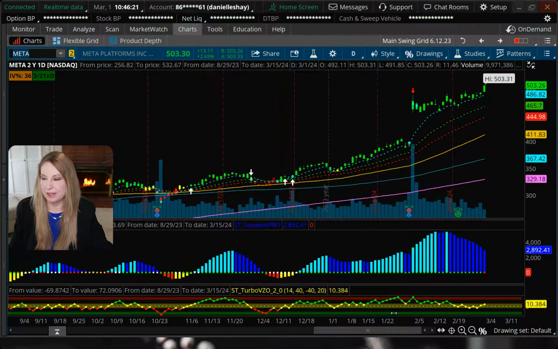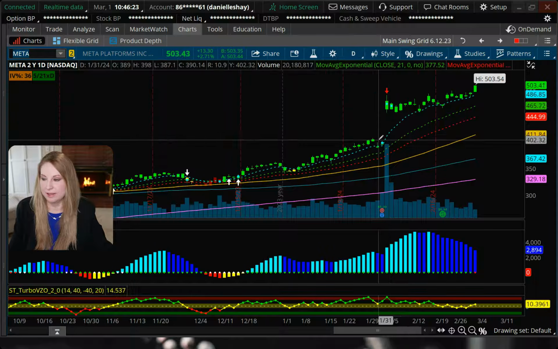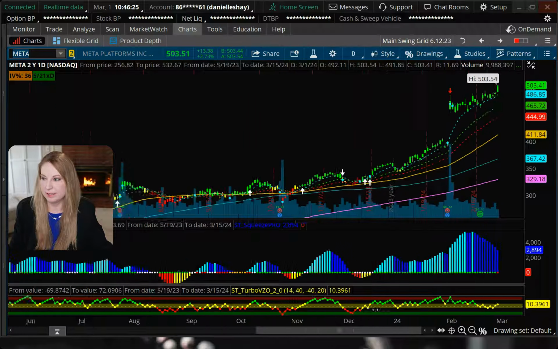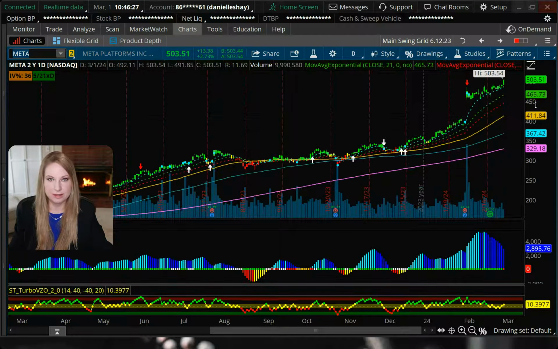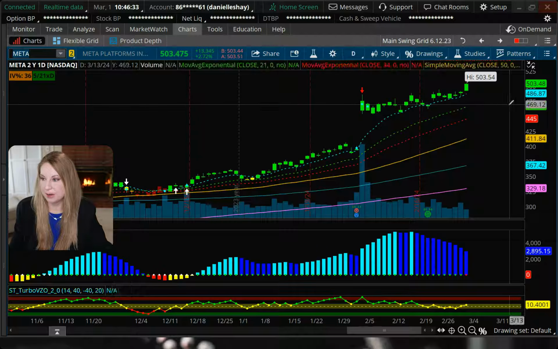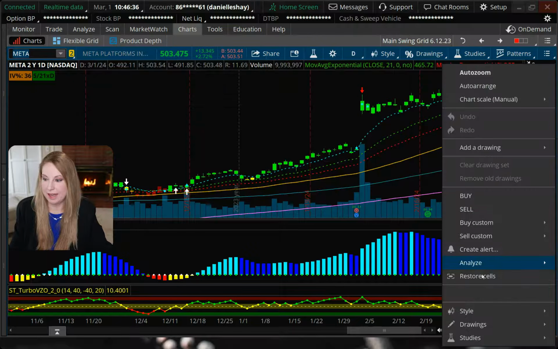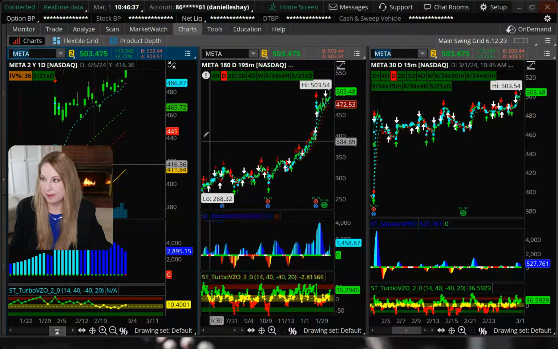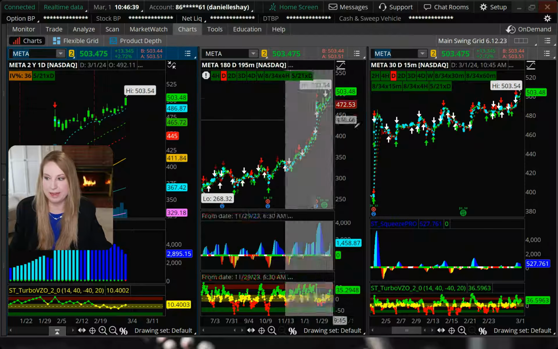First of all, I'll tell you that I got long because of a couple reasons. Number one, obviously, this is a really bullish trend. This is a relative strength name. It's been trading really well this year. It also has a lot of liquidity in the options market. And when you look at the way that it gapped up post earnings, we have a breakaway gap, and then